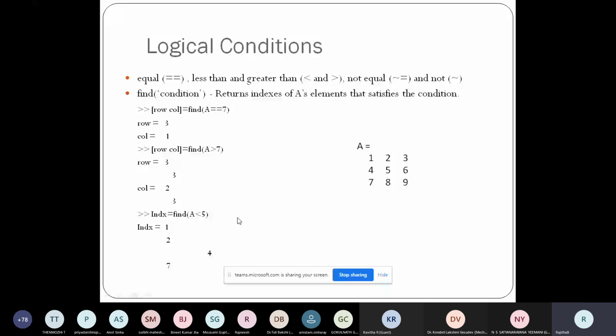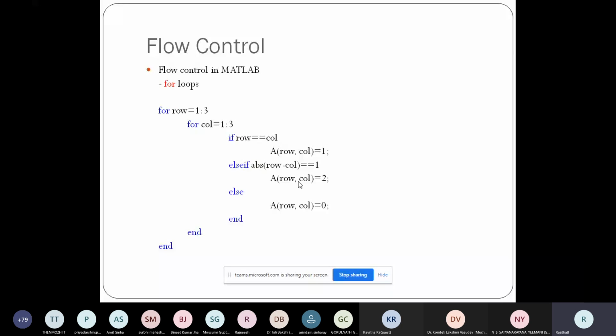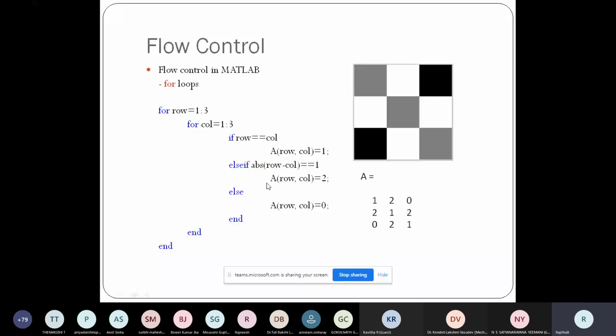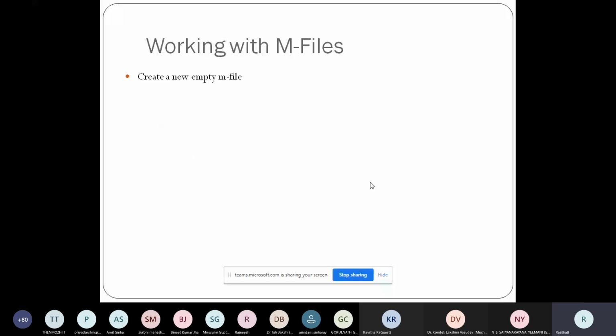Okay. Similarly, here we have used A less than 5. You can see less than 5 you have 4 cells: 1, 2, 3 and 4. So like this you can find out the logic. You can apply logical operators directly on the variables. So it reduces a lot of time in accessing the cells of the matrix, right? As I already said, otherwise you need to create lots of loops to generate this matrix. So these are some control flows. I'm skipping them because you can go through them. Basics are very easy and you can find them.